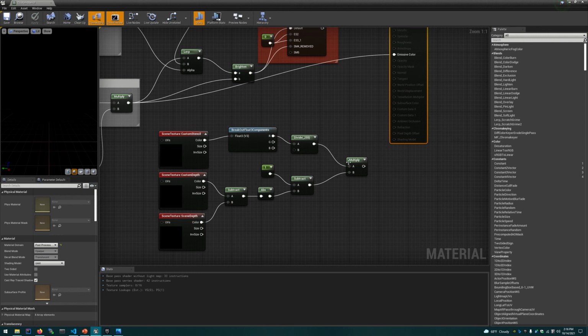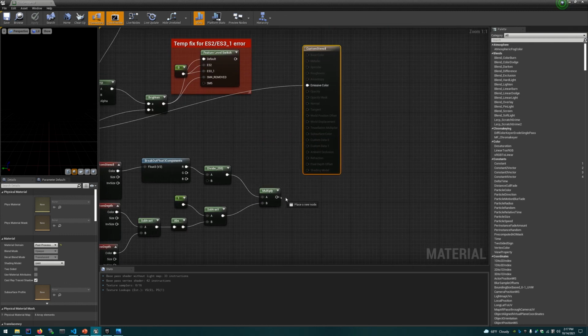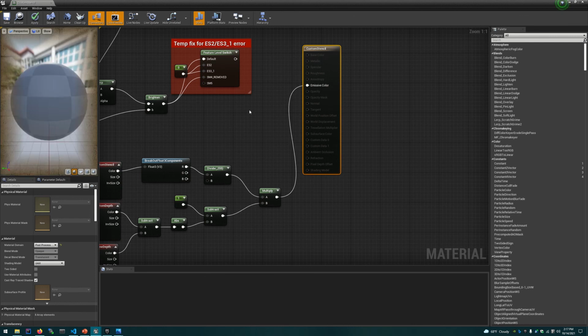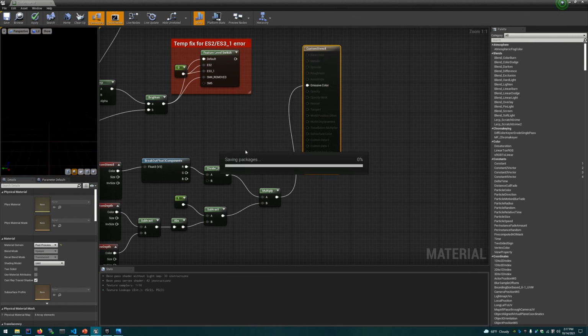Then we're going to multiply it with the difference between our custom depth, which is the depth of only the objects with stencil values, minus our scene depth. That's going to show us if it's valid or not. Then we're going to invert that and multiply it together. So if we put that all together here and use that as our color instead,